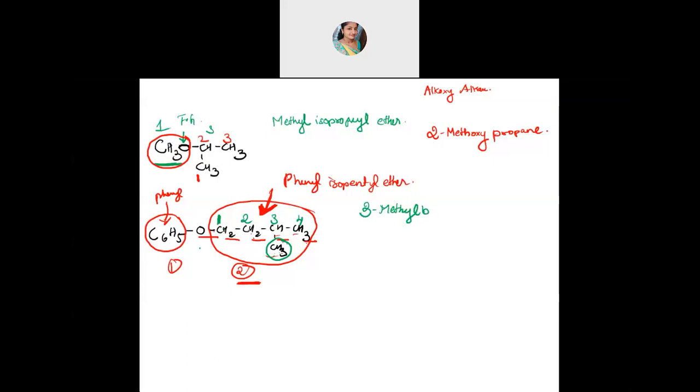Why not 2? Because where is your functional group? The doubt is why not 2? You might be thinking it should be 1 here and then 2 here, correct? But see, where is the functional group, students? Here is the oxygen, correct? And immediately next to that, the carbon will get the first number, the next carbon the second number, then the next is the third number. To the third, there is CH3 attached. So it is 3-methyl, 3-methylbutoxy. Understood now? And then you end the name with your alkane, that's benzene. Is it clear?